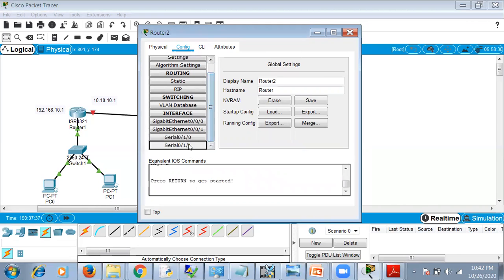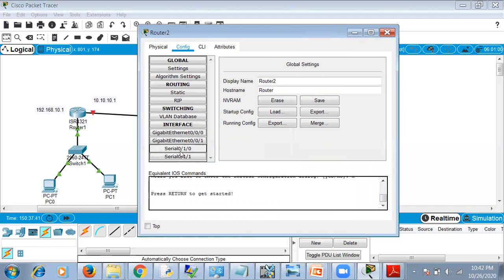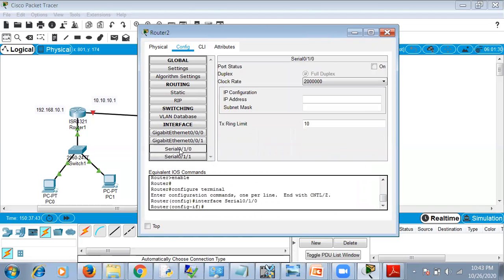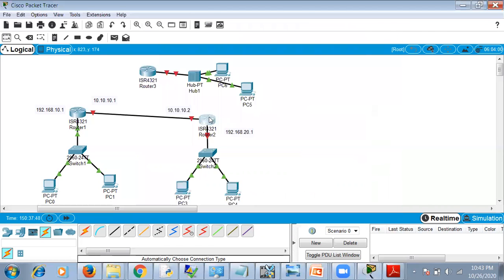So now you can see that there are two more connections given, that is serial connection. So here we can click the third channel where we can add the next link. So we've got the third link. So now click on the link.